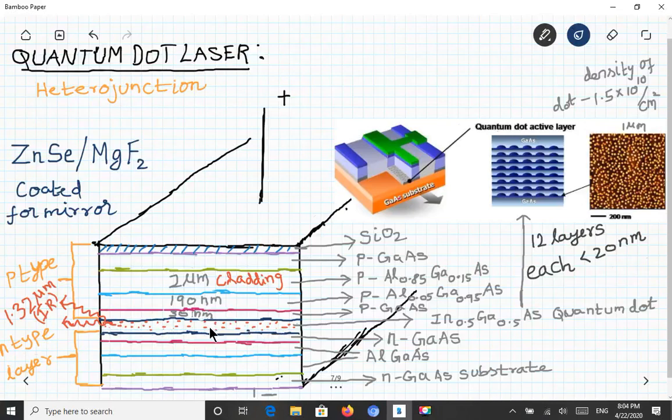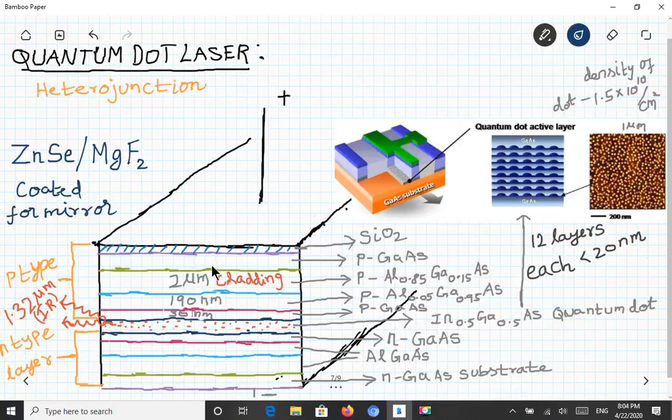So you all already studied about the heterojunction laser. The principle behind the heterojunction laser is the recombination of electron and hole that you already saw. This heterojunction laser will produce an output of an IR light of wavelength 1.32 micrometers. So going into the